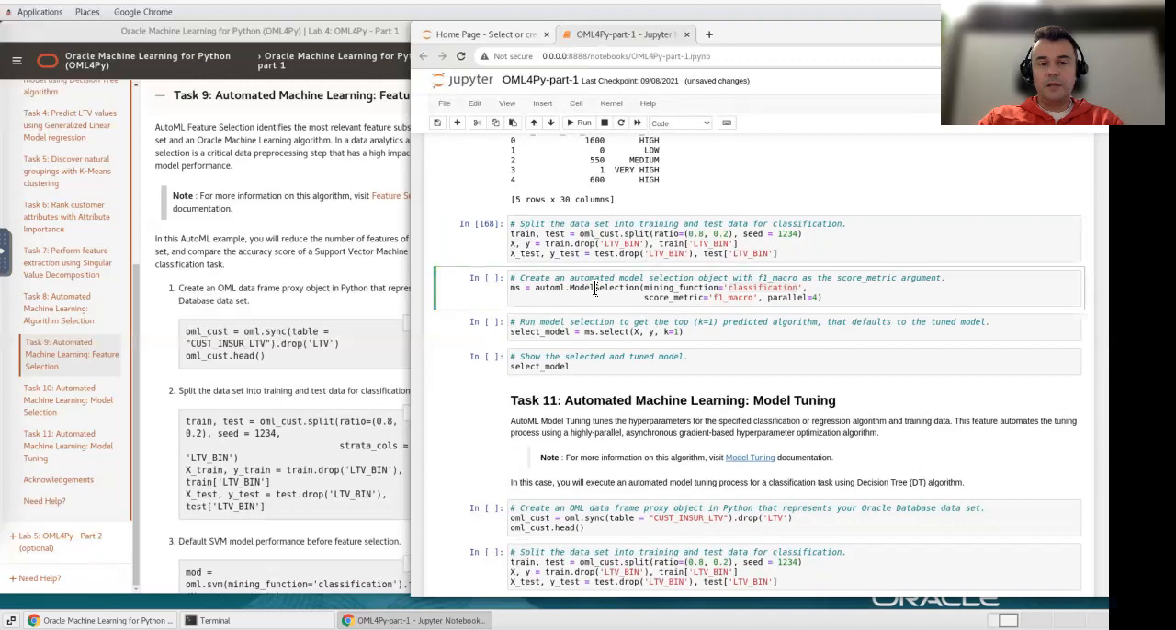And then I'm running the model selection AutoML function. In this case, I'm using the classification task and I'm using the macro F1 for the scoring. This is the scoring I'm using to identify the best model and the best way to tune it, the best attributes or parameters for this model. So now I'm going to run